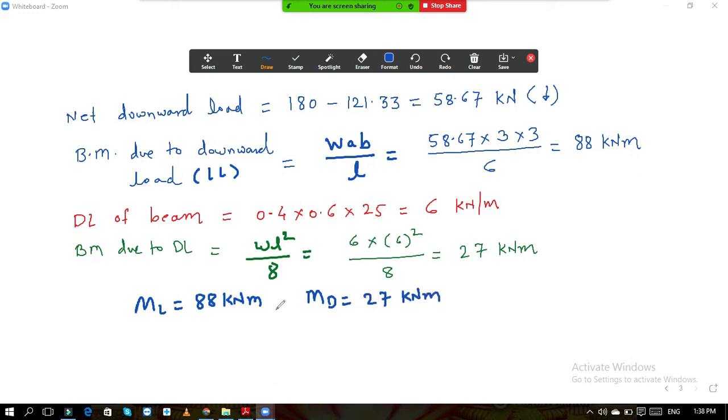You can club together the total bending moment, calculate it and divide it by Z, then you will get the bending stress. Or you can separately calculate the bending stress due to live load and bending stress due to dead load. If you add these two, it doesn't matter, because the nature of live load and dead load is similar in the case of stress distribution diagram, and both loads are always acting downwards, so it will not make any difference. I hope now you understood these points.